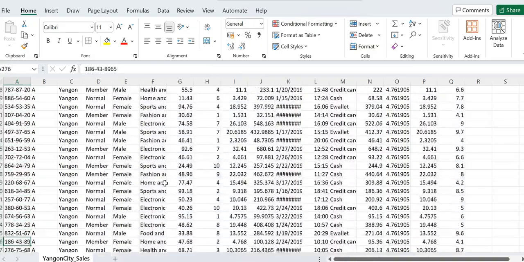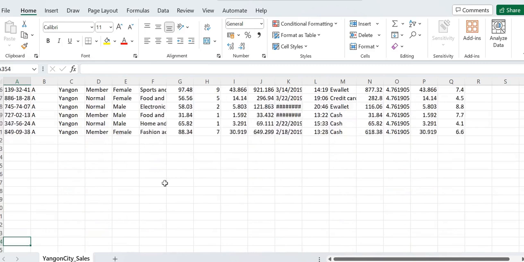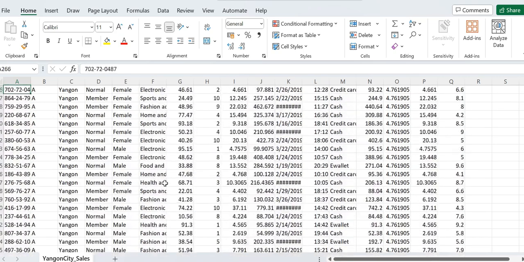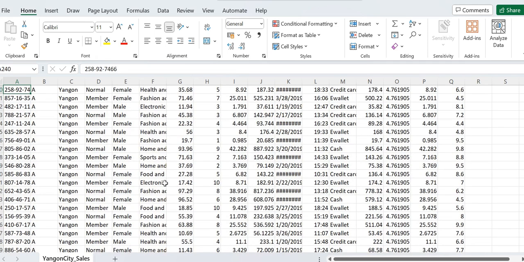So you will see there are more than 300 entries or line items here too, and all three files are of similar type. It also contains a total of 17 columns containing information about the sales of Yangon, which means it also can be combined with the other two tables. So these datasets can be added to create a single sales table containing the sales of three different cities.